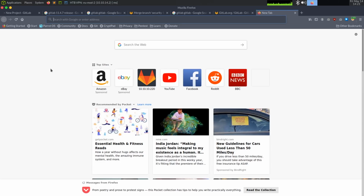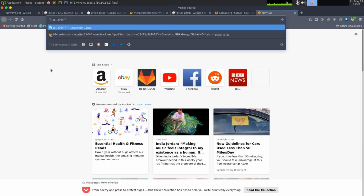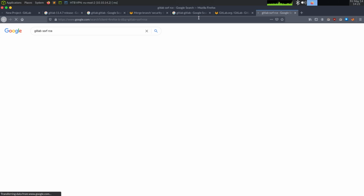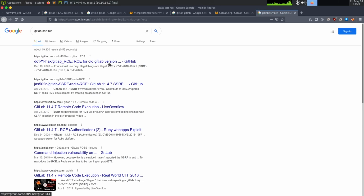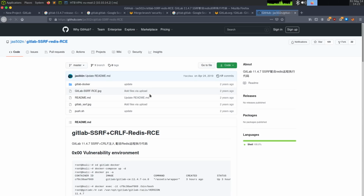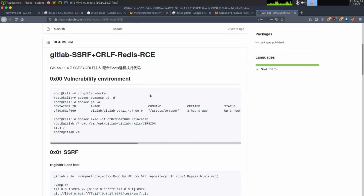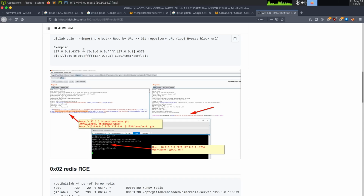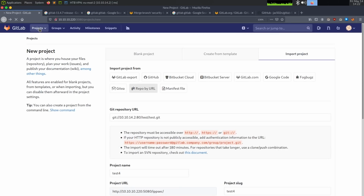So I'm going to search for GitLab SSRF RCE. And of course, let's take Burp Suite off. And let's see. Well, this one looks like it's going to be a one and done script that we won't learn from. But here we go. We have this one post and it's talking about specifying an IPv6, kind of like what we looked at with the GitLab issue. So let's go in new project